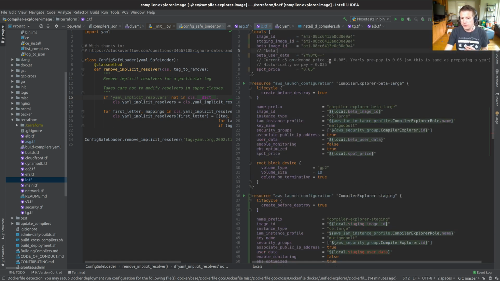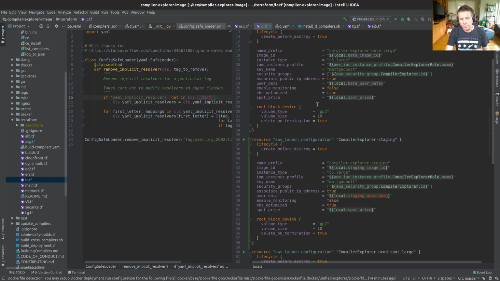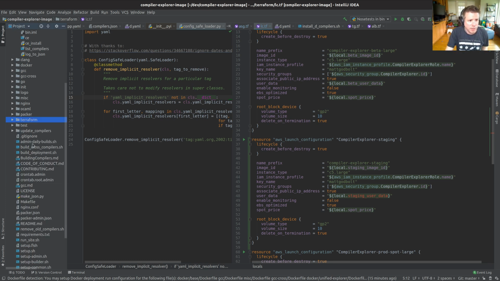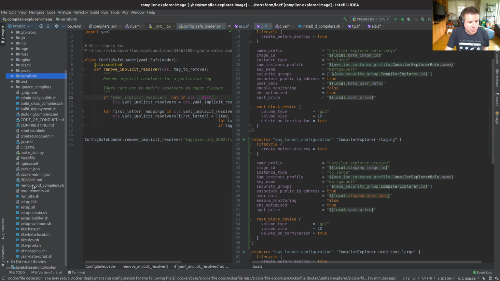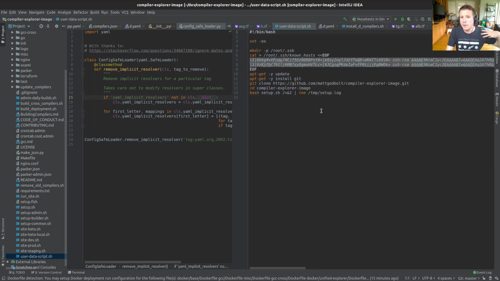So this user data here is passed into the instance as a command. This is like the command line parameter to the instance itself. Let's take a moment to see what actually happens when an instance boots up. This is kind of interesting, and I'm going to remind myself. This user data script is run. It's the thing that is actually passed to the image when it starts up. So it just starts up a regular image.